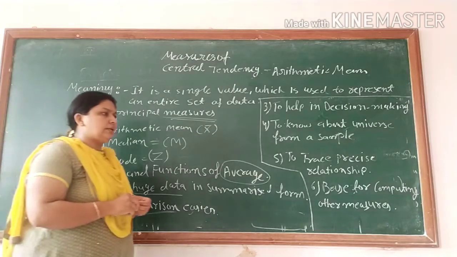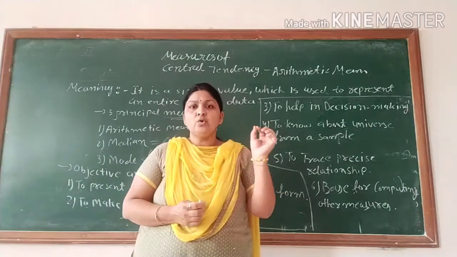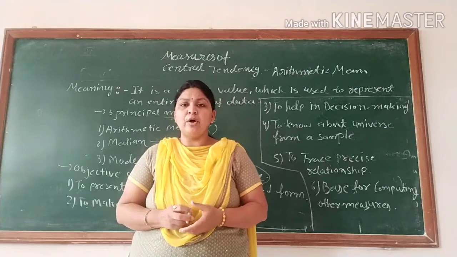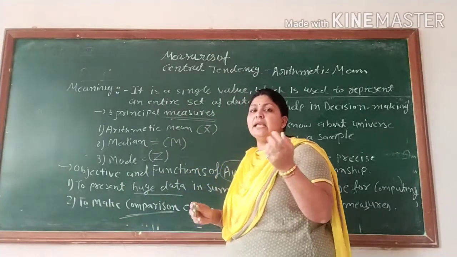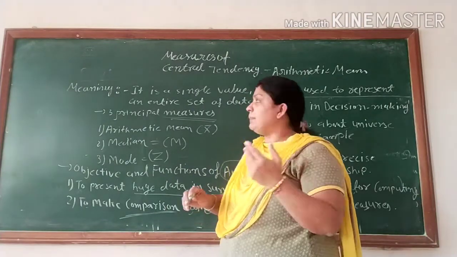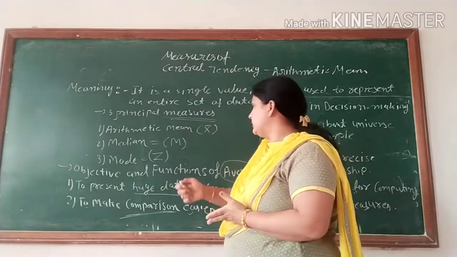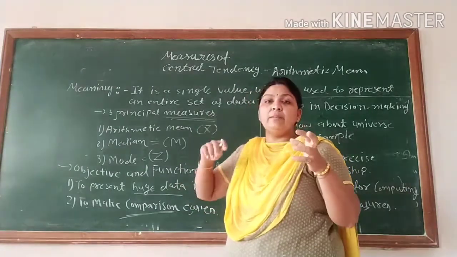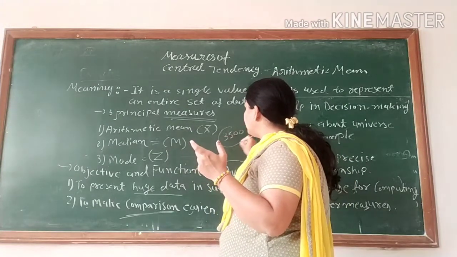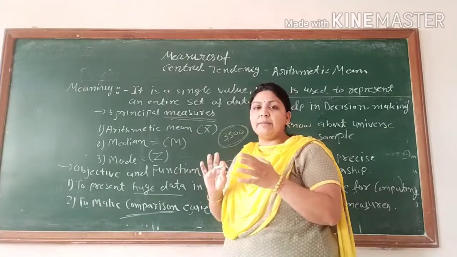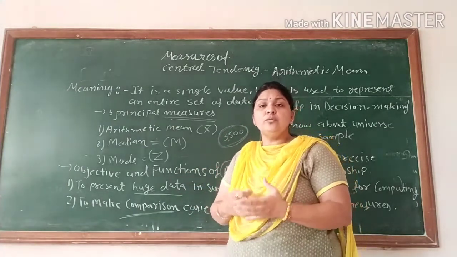Just we can say national income, GDP. How can we find out the GDP? Total national income divided by number of people. So suppose we got the particular GDP, or we can say per capita income. What is per capita income? National income divided by number of persons. Suppose you got 3,500 per capita income. So what do you say?